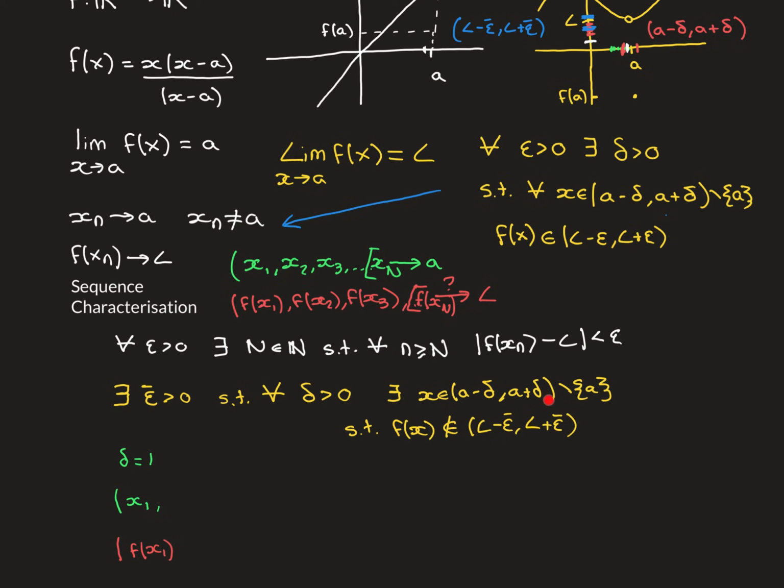Now, because this is true, it must be the case that there exists some x inside there that is not A, that is mapped outside of the epsilon bar interval around L. Those are those white points in this picture up here. Take whatever that x is in the domain and call that x1 and make that the first term of your sequence. And then if you think about what the image corresponding term in the image sequence is, f of x1, we know now that that is going to be something that is outside of that epsilon bar interval around L.